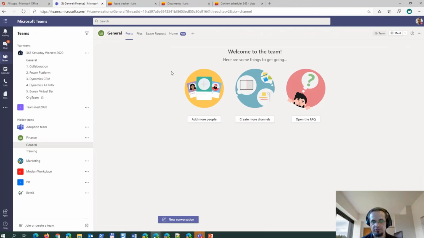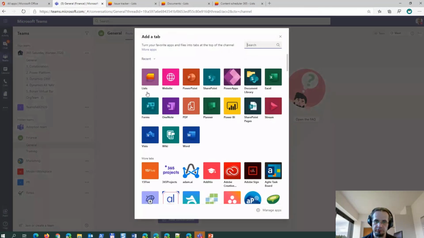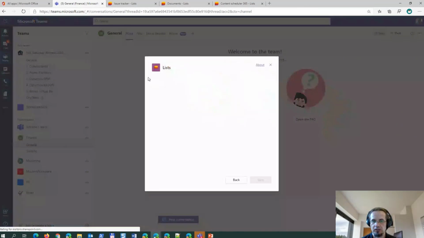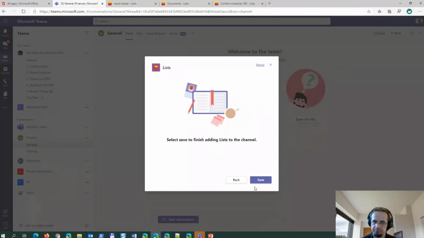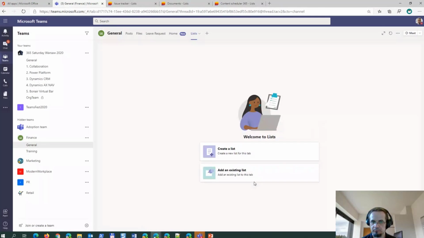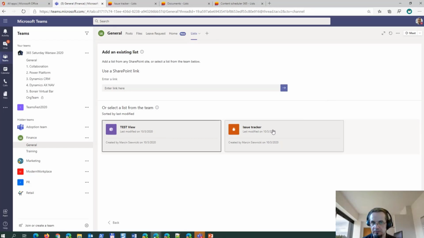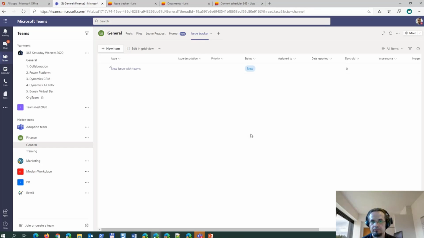So Microsoft prepared a dedicated app for Teams. If I click this plus button here and search, I don't need to search, there's the Lists application, and it will add the application to my team and offer the same options like the Microsoft Lists app from the office.com portal. So I can create a list or add an existing list. I will try to add an existing list. I have this issue tracker. And boom, this is the list that we've created already from the Microsoft Lists app, and it's embedded inside Microsoft Teams